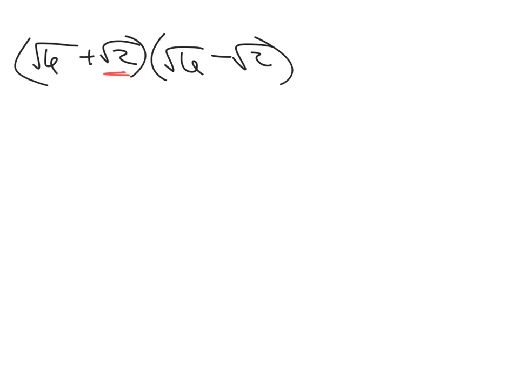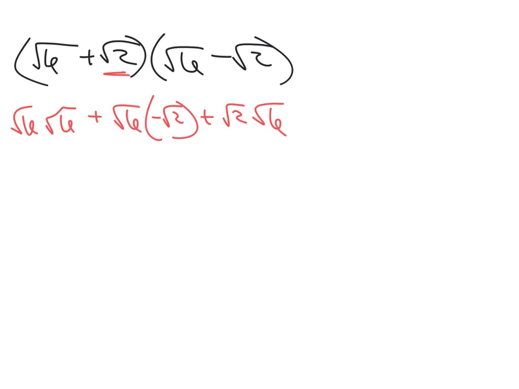But if you can't, you're stuck with first, outside, inside, and last. And then you multiply these and you get square root of 36, which is 6. This here you get